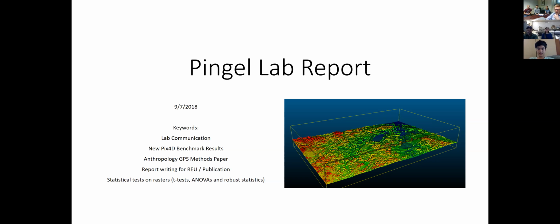I didn't make a slide for the anthropology GPS methods paper, so I'll just quickly say that Shalu Prasher, who's been working a little with the lab, did anthropology fieldwork over the summer, and I helped her develop a method. She was tracking, you guys remember, was it lemurs? Yeah, lemurs. In South Carolina, that's right. So the trick was, how do you take GPS points at a distance?